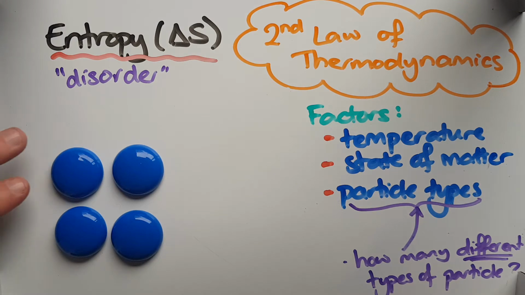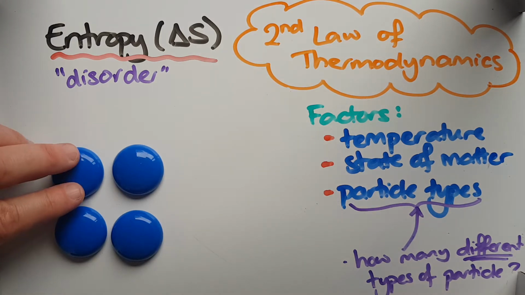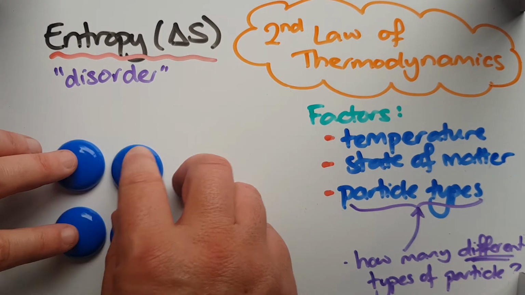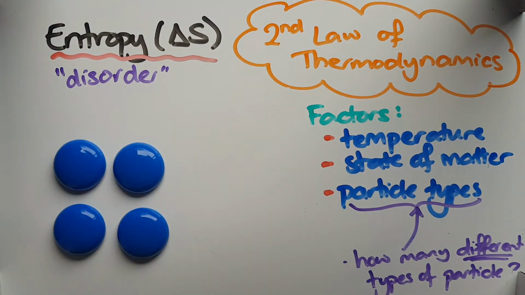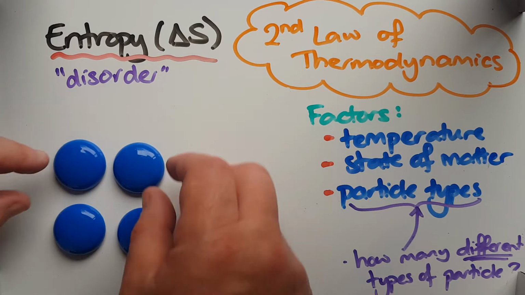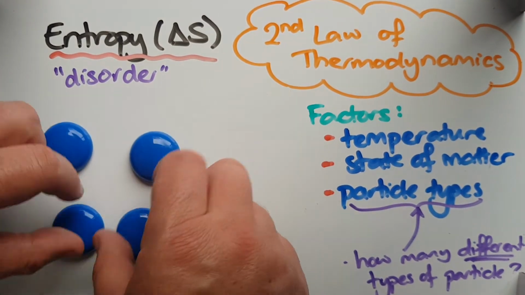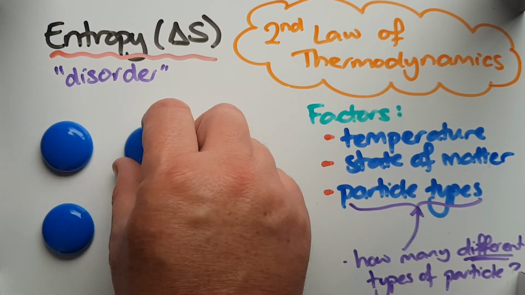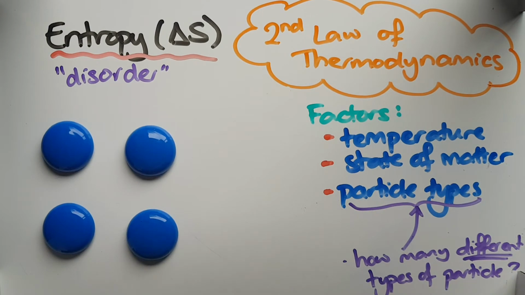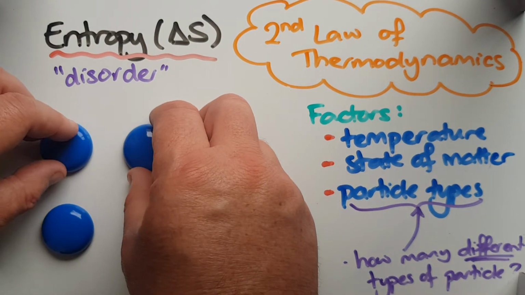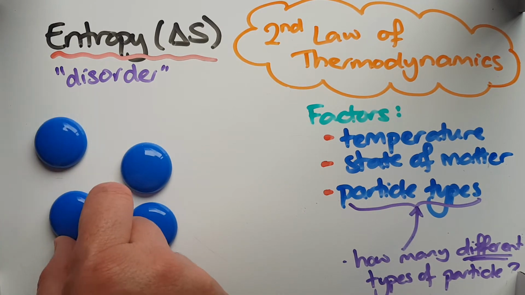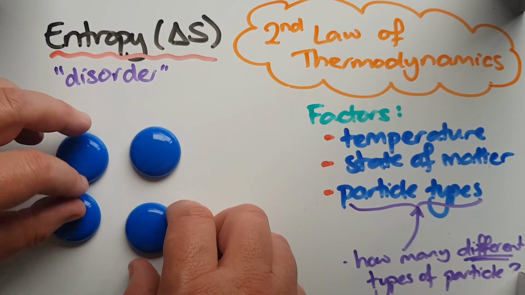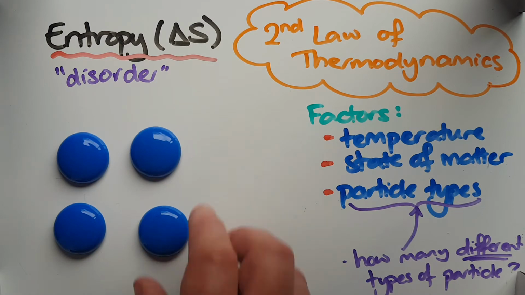If I imagine this to be a pure substance in its solid form, and these are vibrating in 3 dimensions, and I add more heat energy, so I increase its temperature, they're going to vibrate enough to expand, but not yet melt. I don't want to get that far yet. But what it means is this one could be vibrating this way at the same time as this one could be vibrating that way. So there's different ways I could show that vibration at any moment in time.